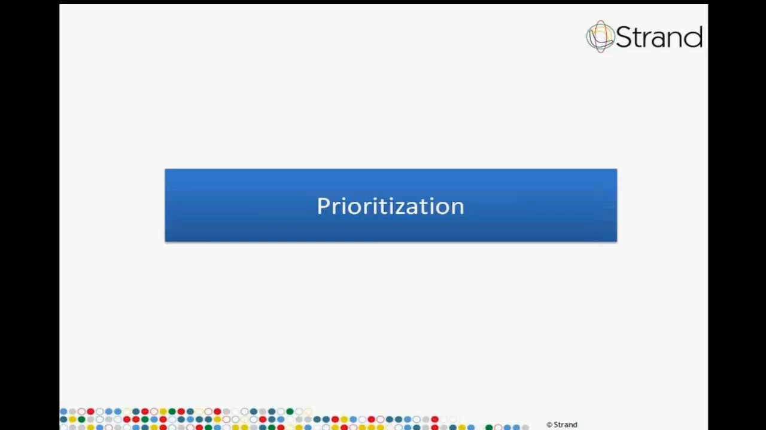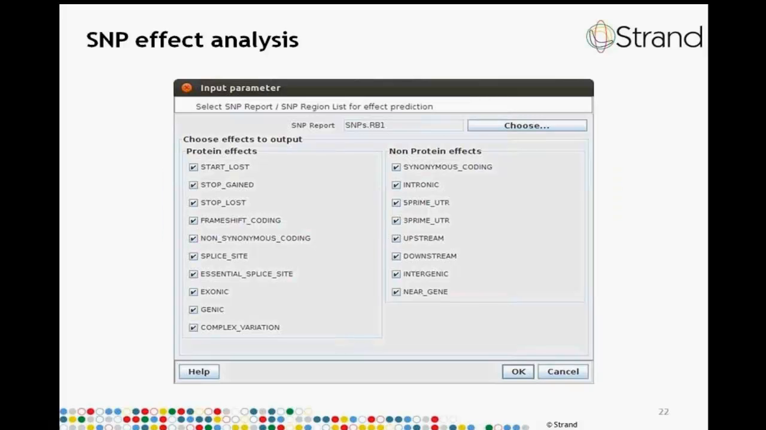Now suppose we have hundreds of thousands of SNPs in a single sample. How would we go about prioritizing these SNPs? One of the most commonly used methods is SNP effect analysis. That is, where we try to find SNPs which are having a consequence on the genes that are overlapping that particular location. So Avadis NGS includes a SNP effect analysis workflow step, which can compute the effect of the variant